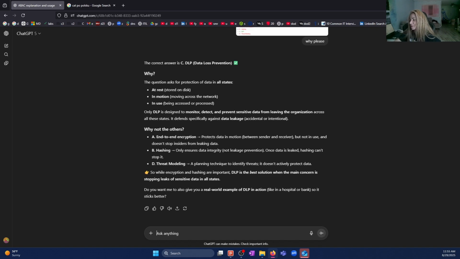Okay. DLP is designed to monitor, detect, and prevent sensitive data from leaving the organization across all these states. Oh, it makes sense.